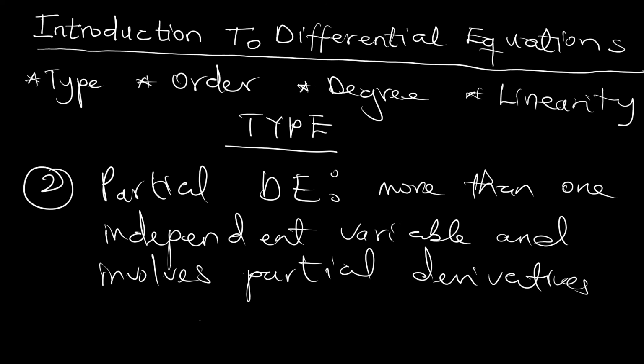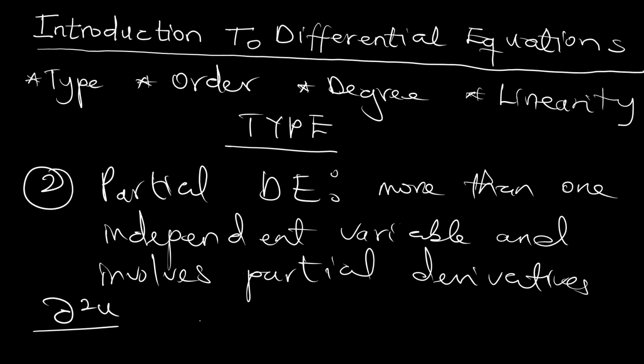So if the dependent variable is a function of more than one independent variable, or in other words, if the differential equation has more than one independent variable, it's called a partial differential equation. And of course, it has only partial derivatives. For example is